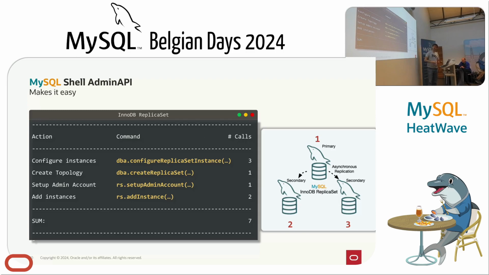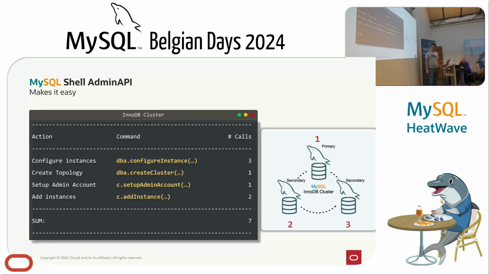You can set up admin accounts in case you don't want to use your own. You can instruct shell to create an account with the right set of privileges, the minimum set of privileges needed to administrate a topology, and then you add instances. This includes integrated provisioning. We use MySQL clone or binlog-based replication to provision instances. Shell will guide you through the process. And so on. Same for cluster, same look and feel, very easy to deploy.